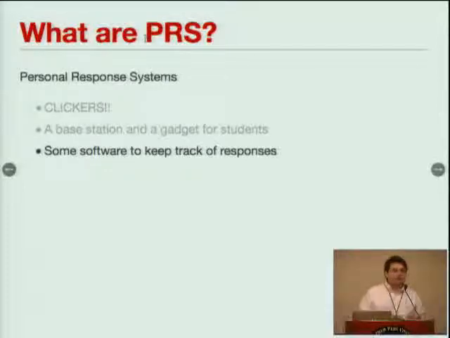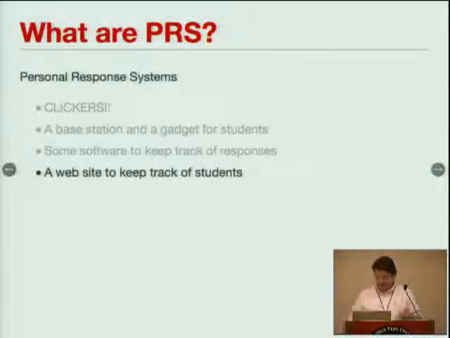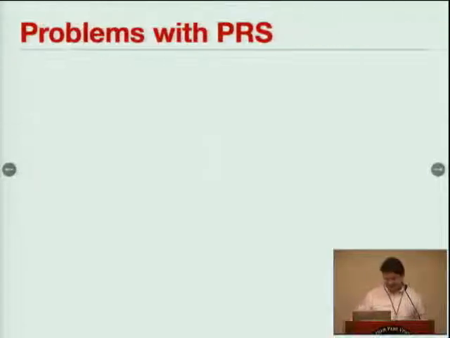These kinds of things bother me. It didn't bother a lot of people, and these clickers are getting more widespread adoption by the day. So apparently it doesn't really bother anybody else, but it used to bother me. So I've spent a lot of time thinking about how you can do this better.